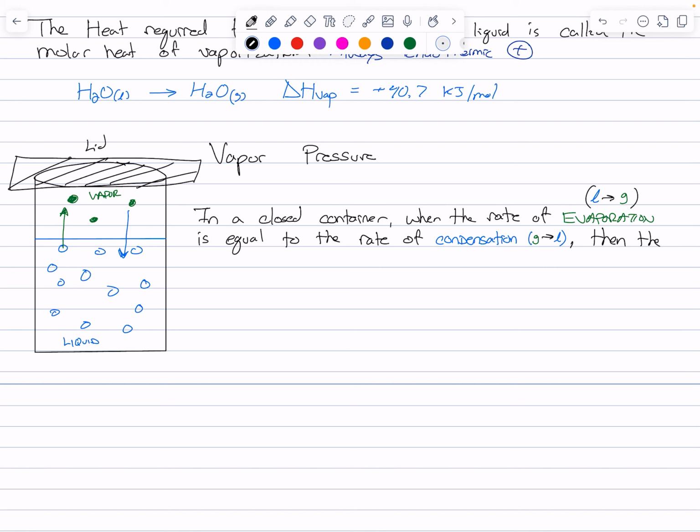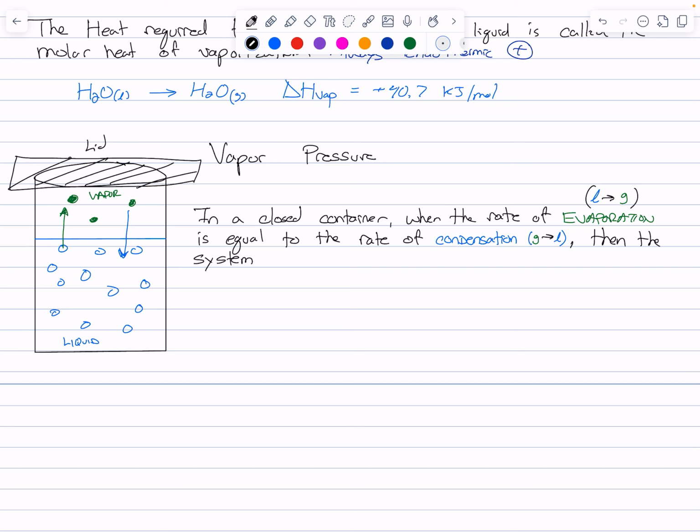then the system, right? This is a system right now of just water, with water that's a liquid and water that's a gas. That's how we define that system. Systems can be big, small, complex, simple. And so when the rate of these coming up, how many come up per time, is the same as how many of these come down per time, the condensation is the same rate as the vaporization or evaporation,